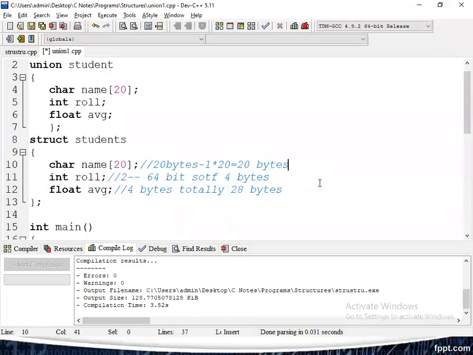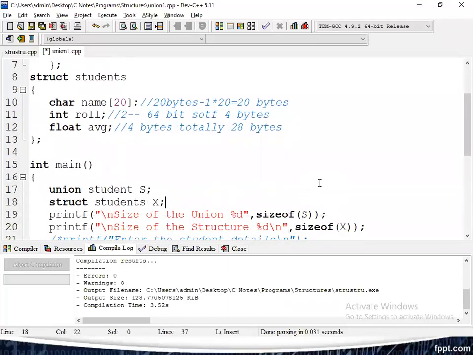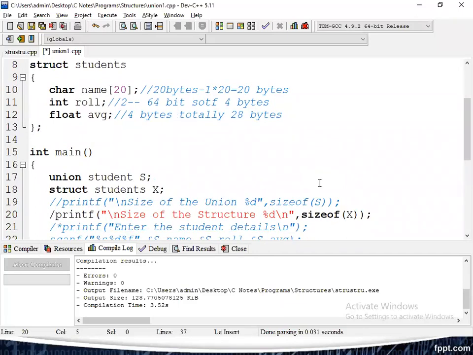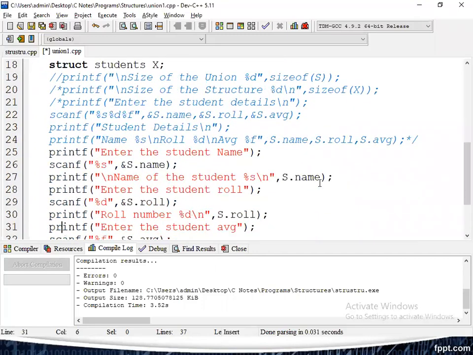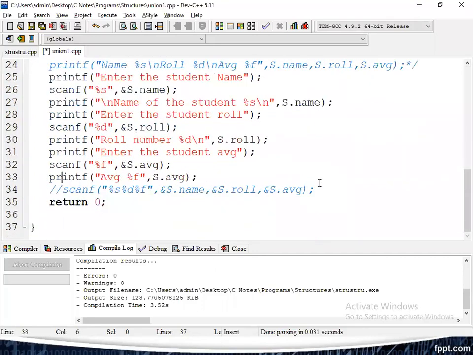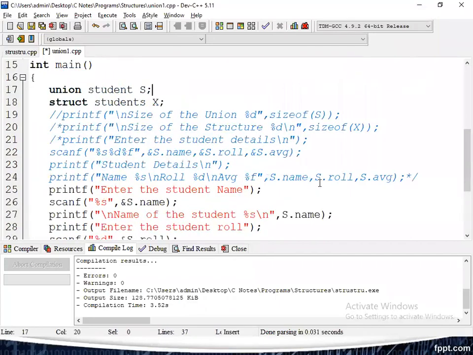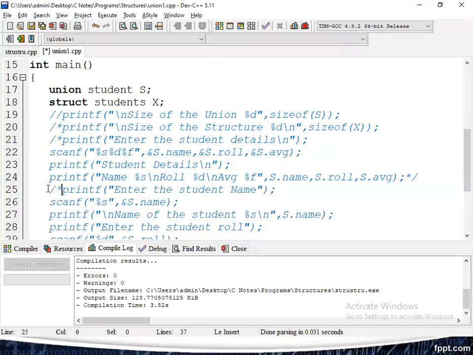Let us verify the same information here. First, let us verify the size of the structure.